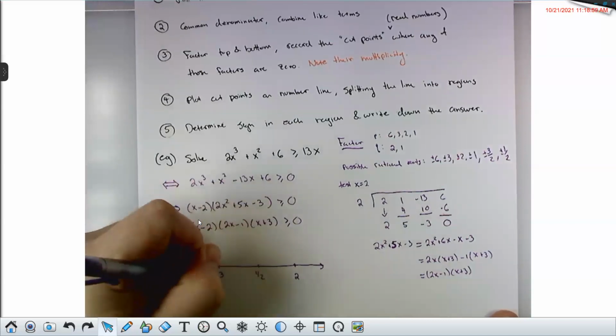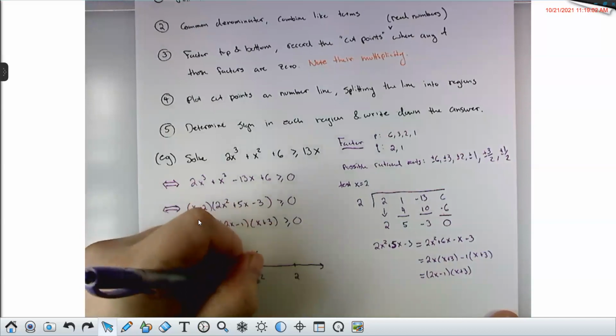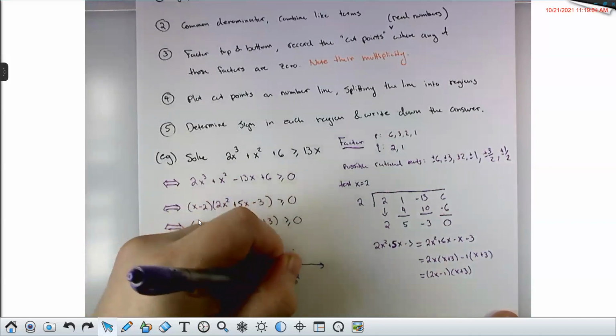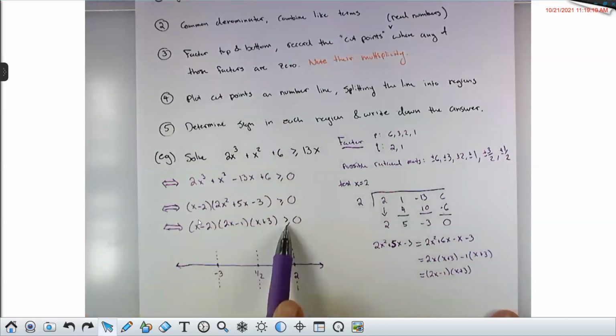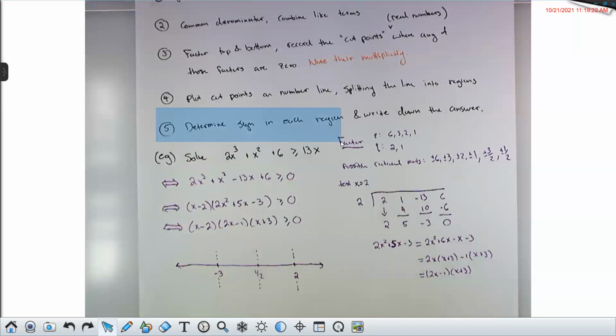And this splits my number line up into 4 regions. And in each of those regions, this polynomial is either positive or negative. I'm looking for the places where this polynomial is greater than or equal to 0. So places where this thing is positive are what I'm seeking. We are now to the step where we actually solve the thing, where we determine the sign in each region. And it's true that you could plug in some test points from each of these regions, but that is way too much work. So I'm going to do this without plugging in any test points. The trick is going to be thinking about the end behavior and the multiplicities.